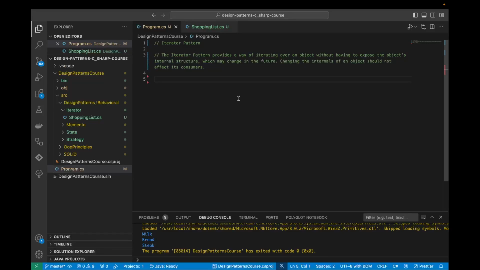The iterator pattern provides a way of iterating over an object without having to expose the object's internal structure, which may change at some point in the future. So changing the internals of an object should not affect its consumers. This probably doesn't make too much sense to you, so let me show you what this means with an